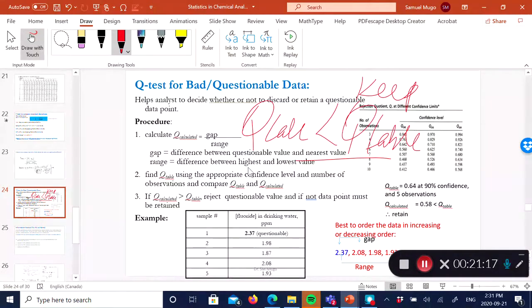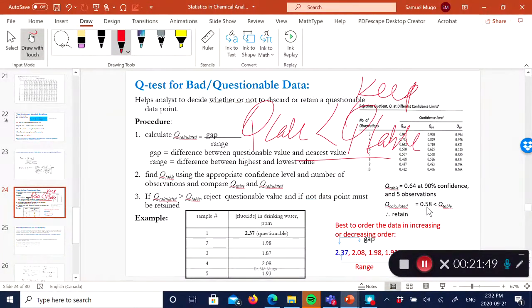And so again, you can do the ratio. The 2.37 is the questionable data. And so the gap is that minus the data that is closest to it. And as you can see, 2.08 is the data that is closest to it. And the range would be the largest data, which is the questionable data, minus the 1.87, that is the range. And when you do that, you get a ratio of